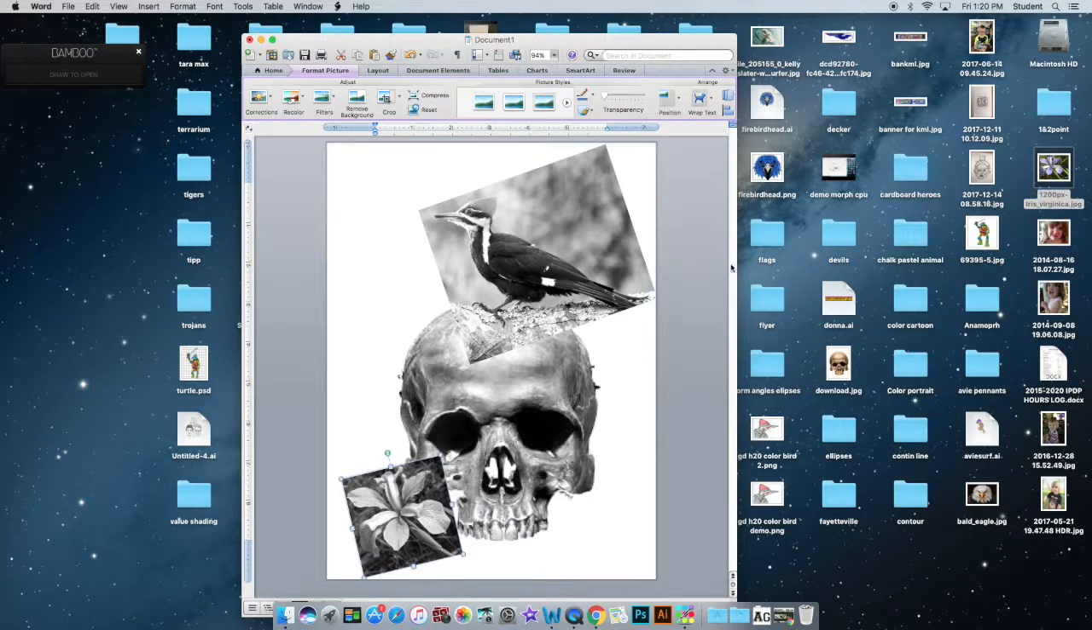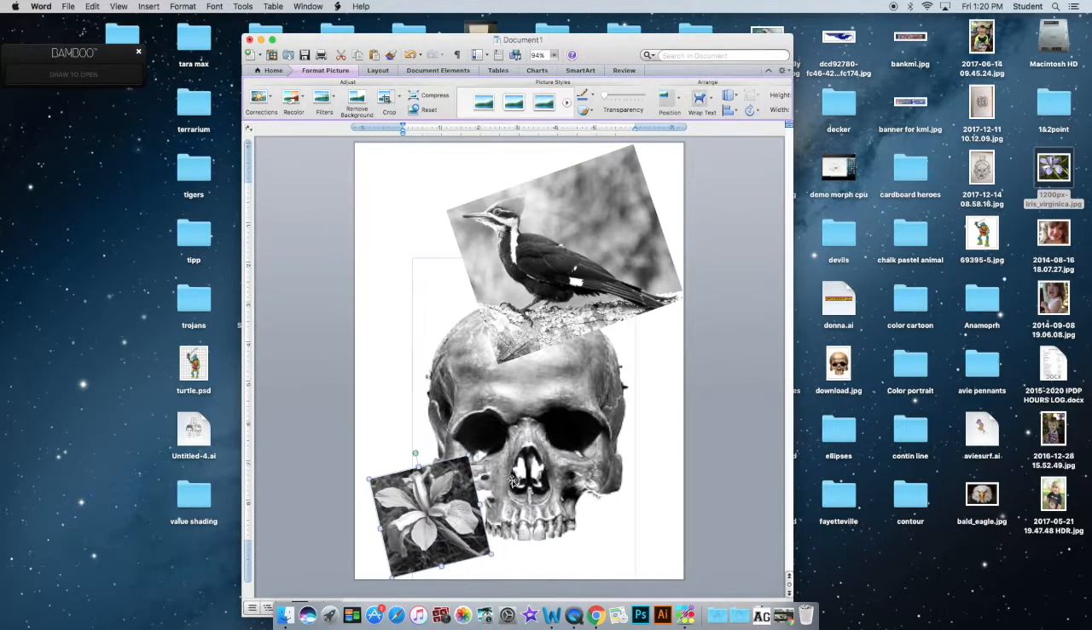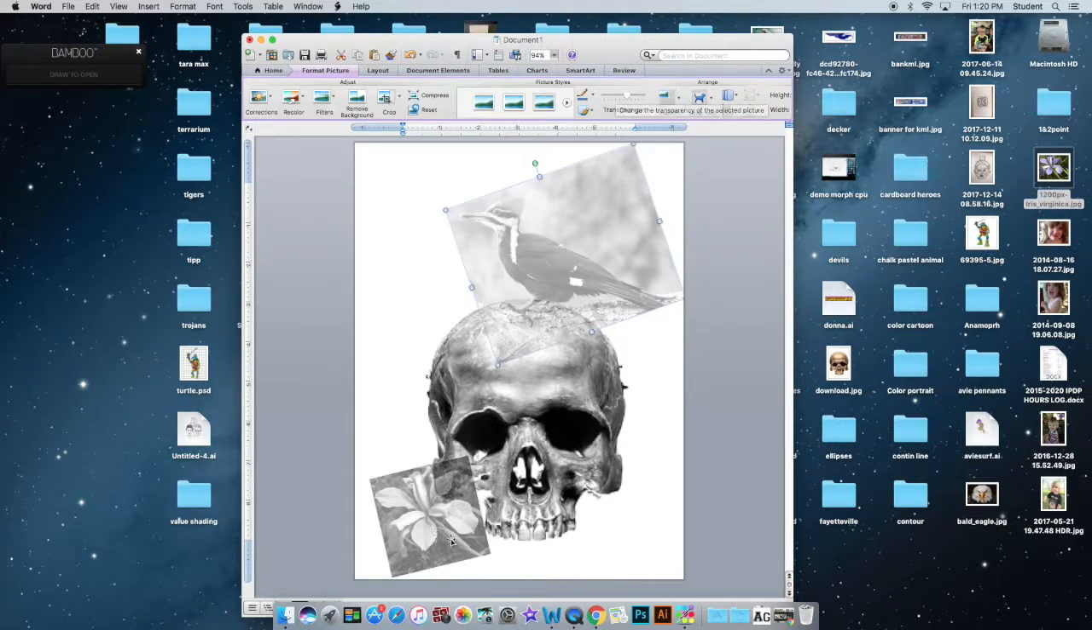That looks pretty good. You're going to notice that we can't really see the outline of the skull, so what I'm going to do is adjust the transparency of the flower and of the bird so that I can see the line of where the skull is. That way we can draw that if we need to. So I'm going to click on the bird and adjust the transparency of it just so I can see where the top of the skull is. And that'll help us when